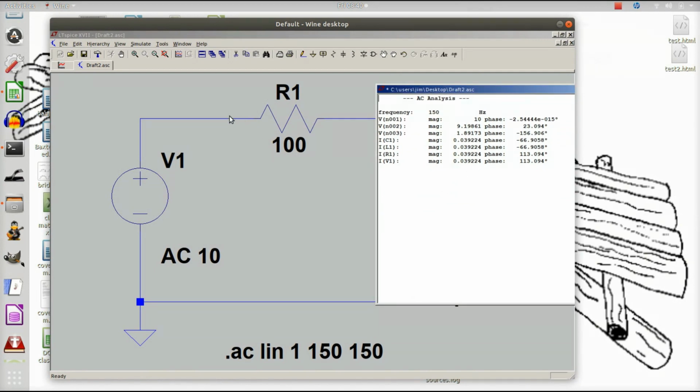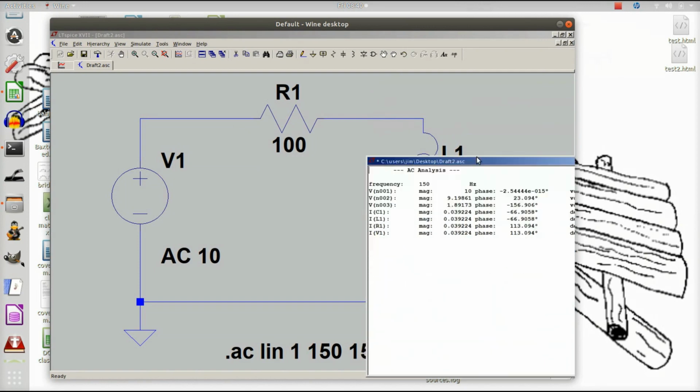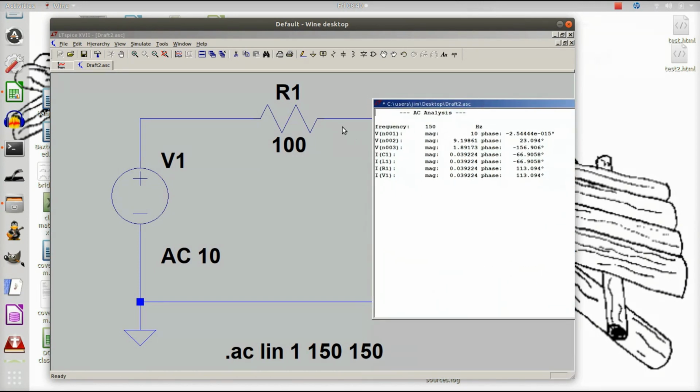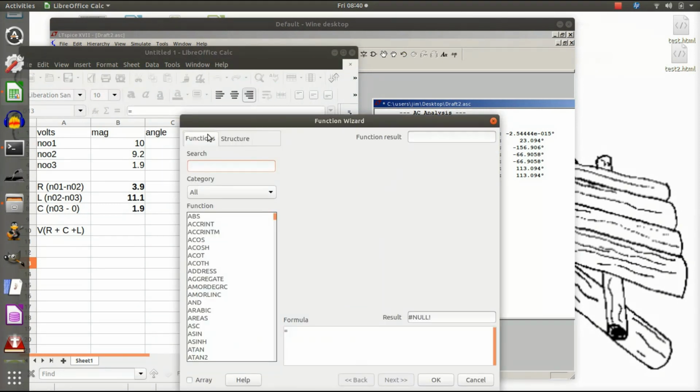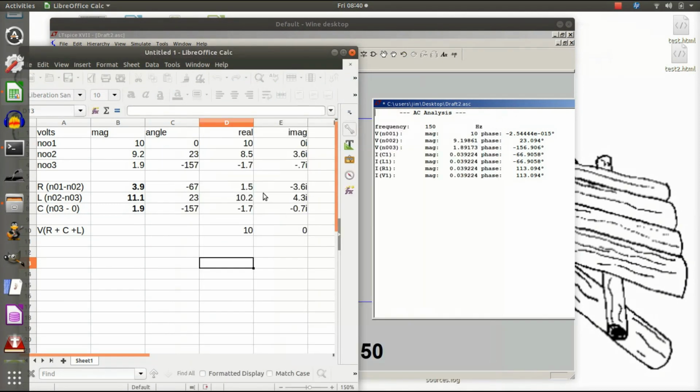But what will I get if I measure across just the resistor, just the capacitor, just the inductor? This analysis doesn't really allow me to see the difference, and we'll be able to see it visually when I do the transient analysis, but I want to go ahead and show you what the readings would be on a meter if you just went across those components. And of course you can build a circuit and you can test everything out. So what I've done is I've opened up a spreadsheet